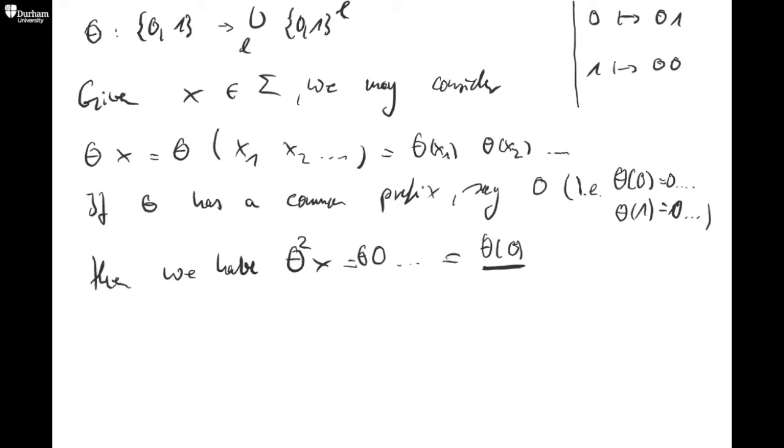So we know, no matter which x we started with, after applying the map theta twice, we already know the first 2 letters. And if we apply and apply and apply again, you see clearly this converges, as we say. As we apply theta n times, this converges to a point omega,